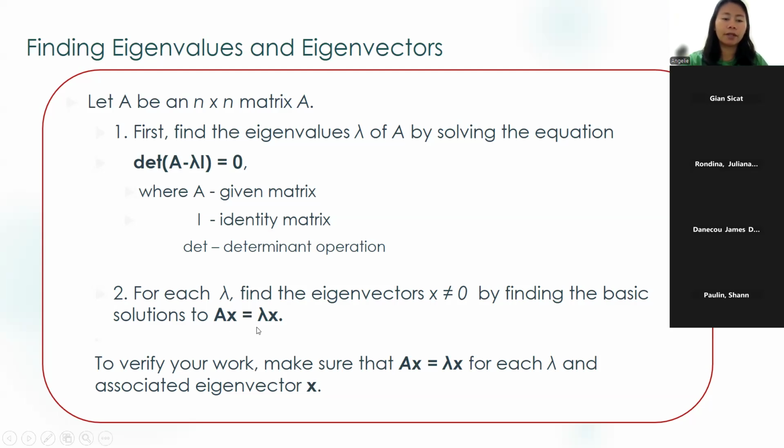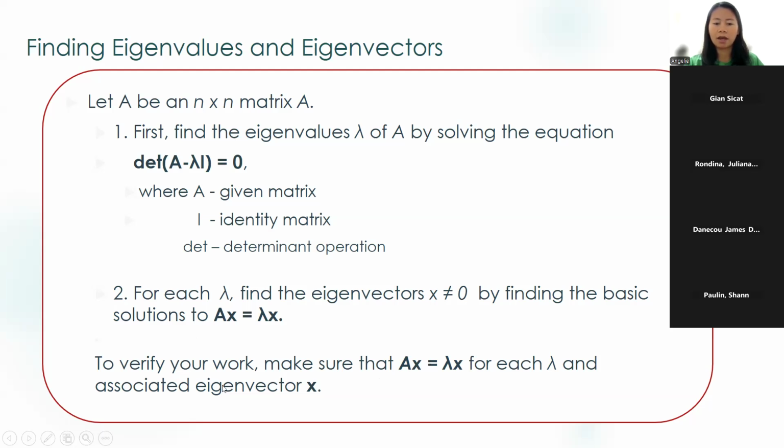Okay, so after we find the lambda, we find the eigenvector using this equation. So we will find x. Okay, you know x is our eigenvector, diba? So we find the basic solutions to Ax equals lambda x. So in finding the lambda, we use this equation. Then after finding the lambda, we will use this equation to find the x, or the eigenvector. Okay, to verify your work, make sure that Ax is equal to lambda x for each lambda